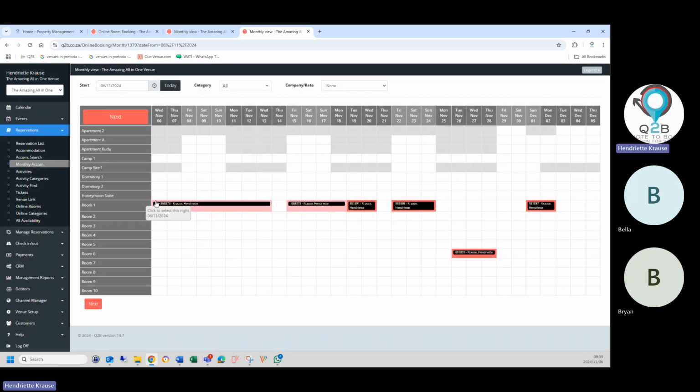Okay, so these gray blocks that you're seeing, we also deal with split accommodation. So meaning you can either book the full apartment or you can book the separate rooms that form part of the apartment. So if I book that weekend and I go next,